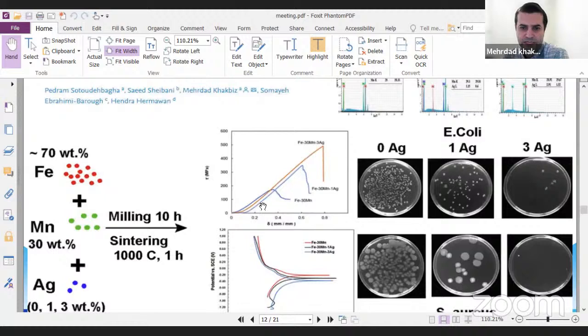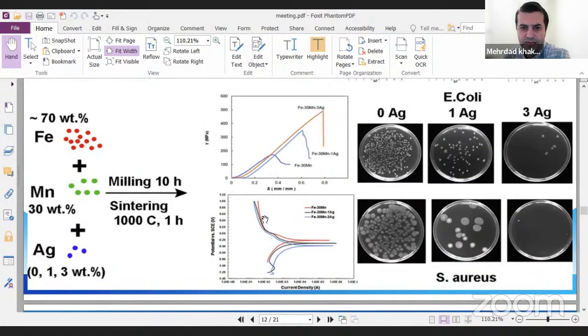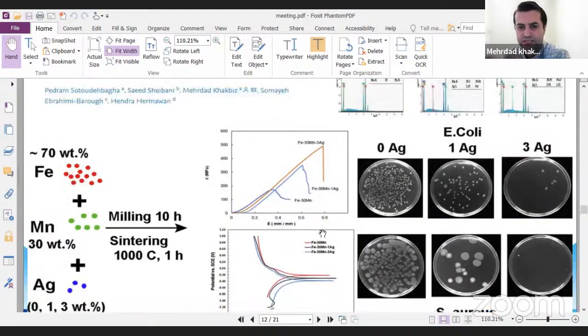In this graph, we see iron, Fe 30 Mn, and this one is a nanostructure Fe 30 Mn with 3 silver. As we see, the mechanical properties of the nanostructure alloys are higher than the other conditions. Also here we can see that the corrosion resistance of the Fe 30 Mn 3 silver, which is a nanostructure, is the minimum. It improves the corrosion rate of the iron, and it leads to faster degradation of the iron in the